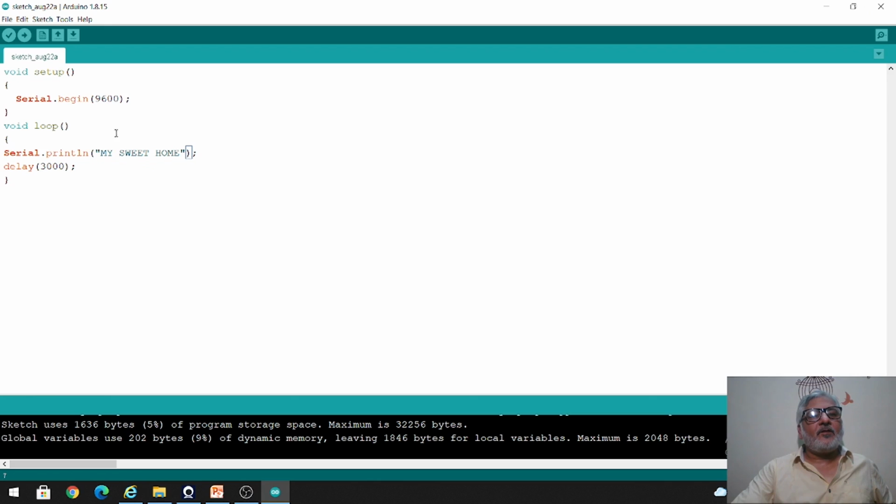Okay, so we will utilize this serial monitor option in coming lectures, when we will sense the value of a sensor and display that value on our computer screen, right? In that way we can display the values on the computer screen, or if you want you can display them on an output device like a 7-segment display or LCD display, right? Okay.